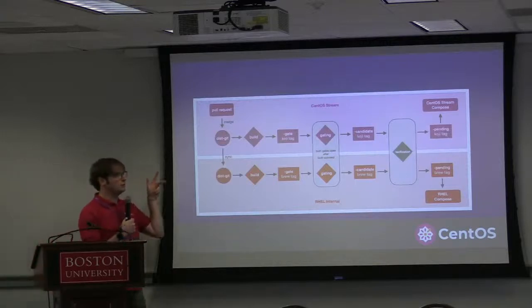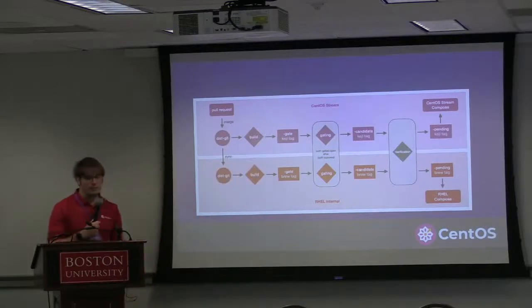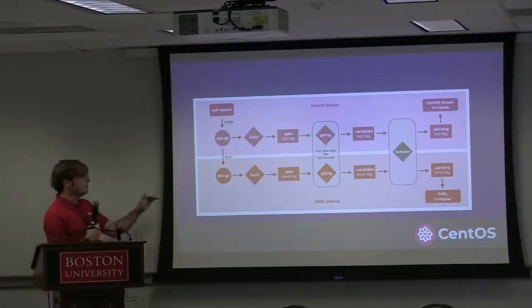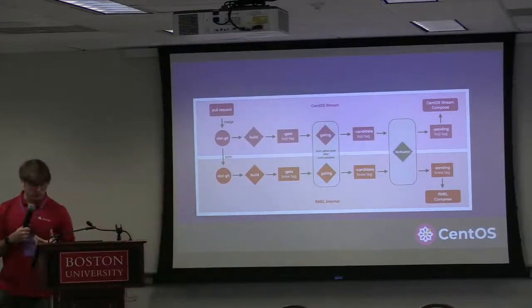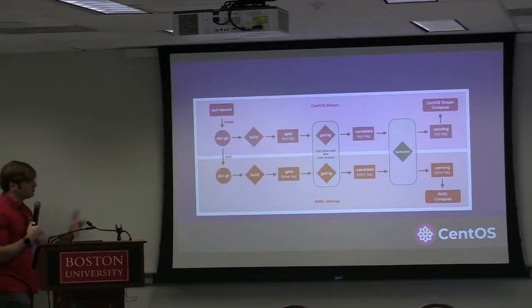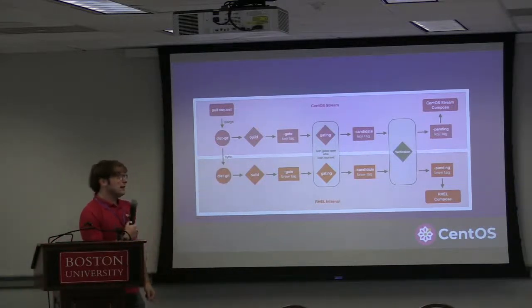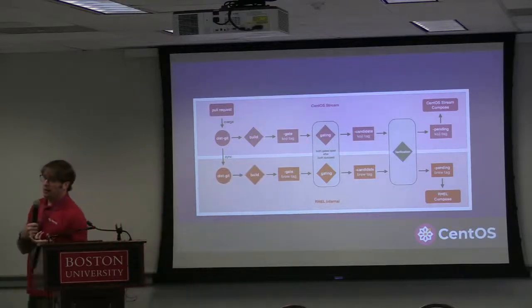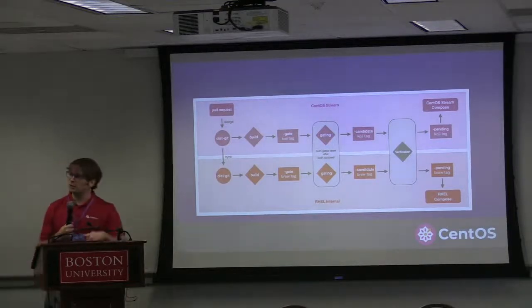But you can see there are two parallel pipelines here. The top one is out in the public infrastructure that you all can see if you go out to the various properties that we're going to talk about in just a minute. And then there's a private infrastructure that is actually how we generate the RHEL bits. And you can see there are a number of stages. We sync and coordinate build activity. We also sync and coordinate what we call gating, and that's a way that RHEL maintainers can take internal tests